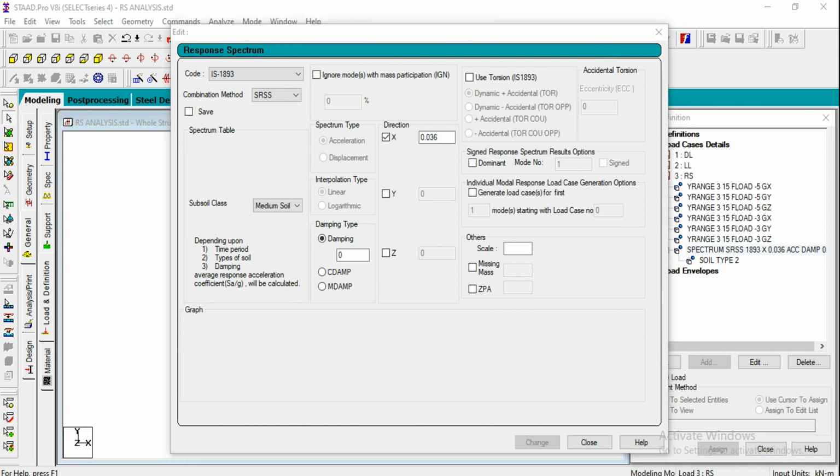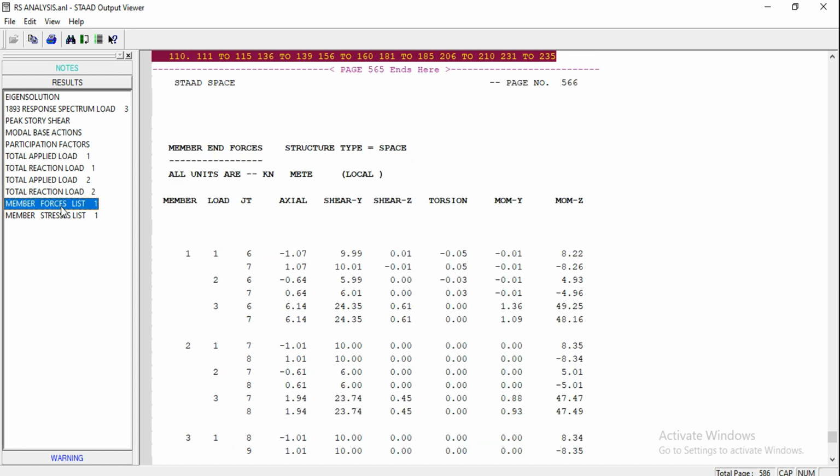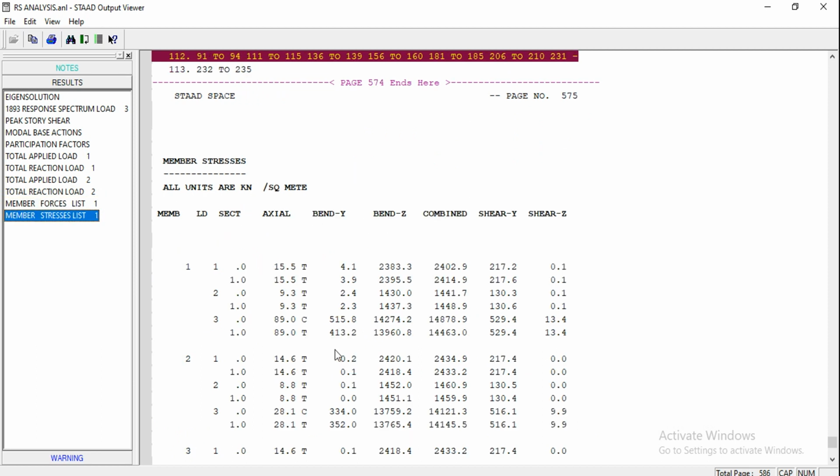In case in the output you get any note saying that you have to multiply with this factor. Otherwise, whatever analysis results we got, that is perfect. So the member forces and stresses, we got the list of the member stresses and member forces like this. So this is the response spectrum analysis.